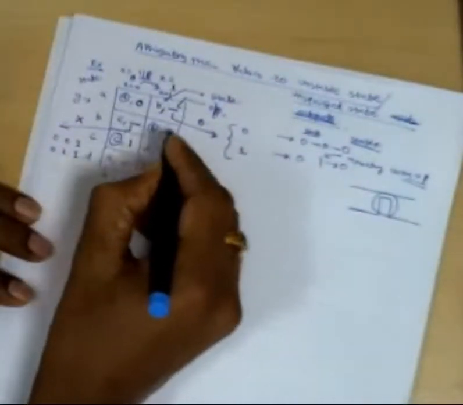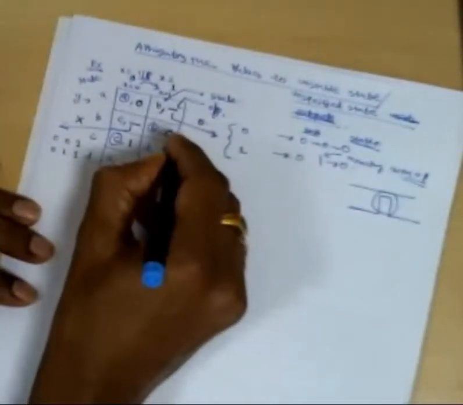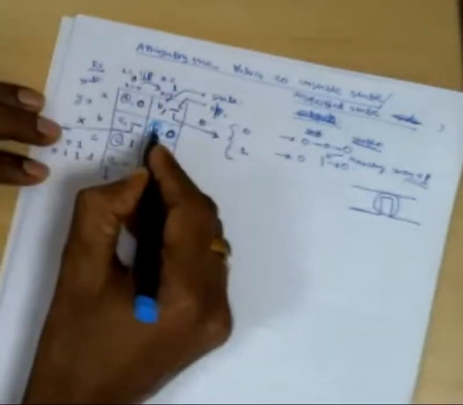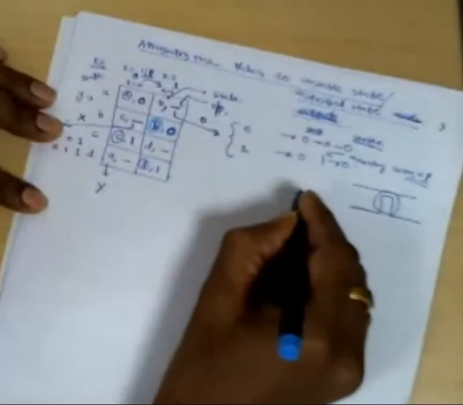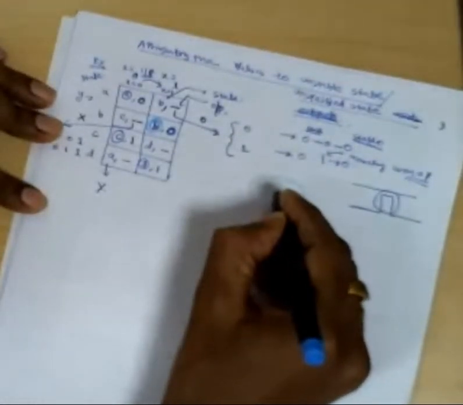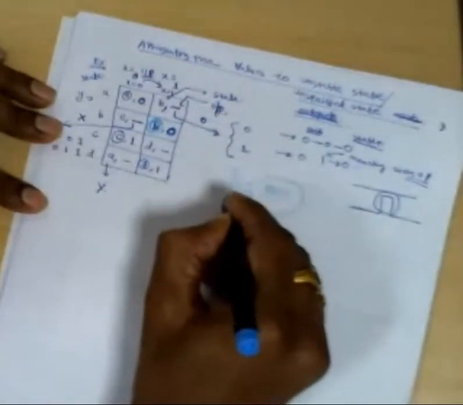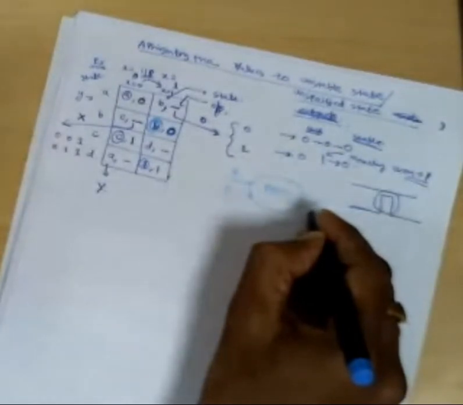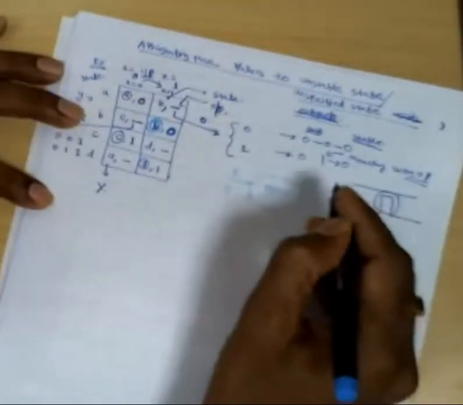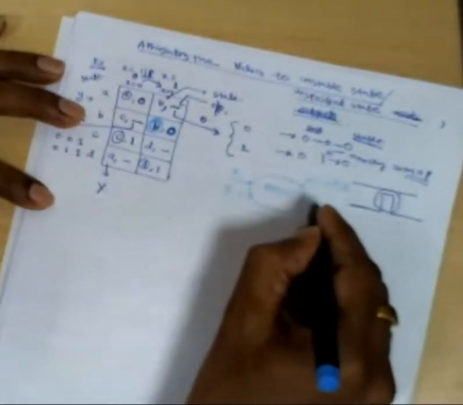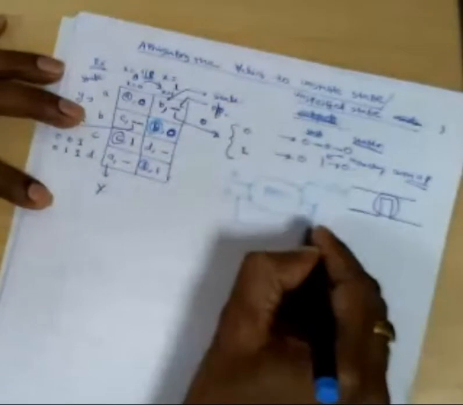See, now the circuit is here. Output is 0 and it is in the stable state. That means B. You recall the previous circuit. This is our asynchronous sequential circuit. This is the input X. This is small y, and this is our capital Y. This may be our output. Then the capital Y is coming back as small y here.